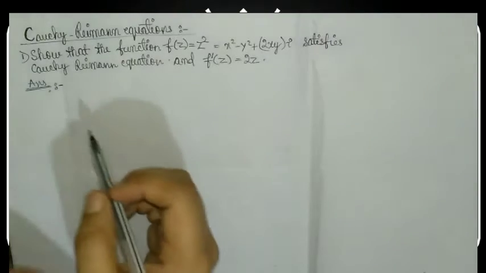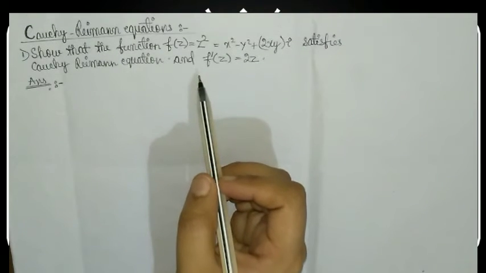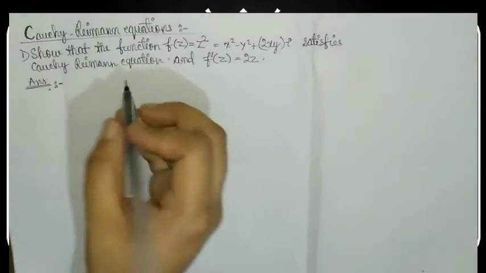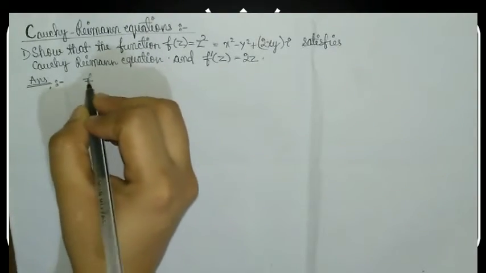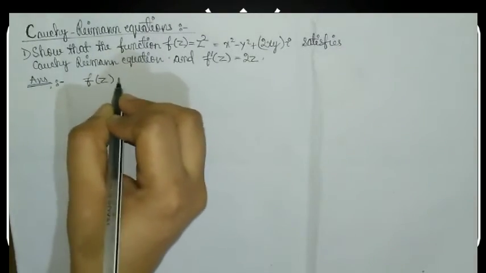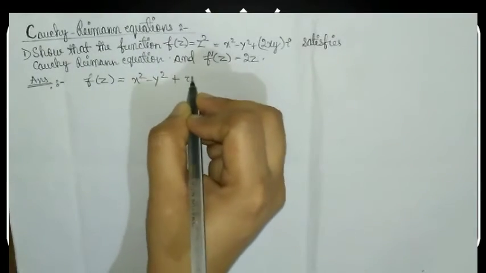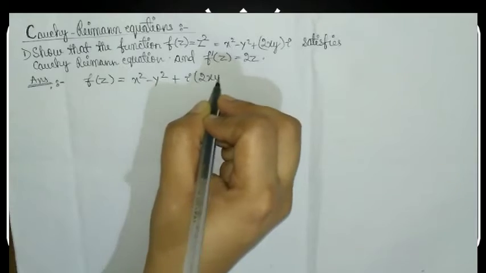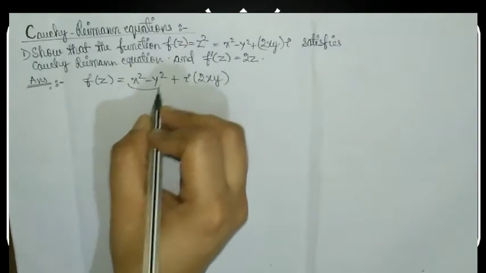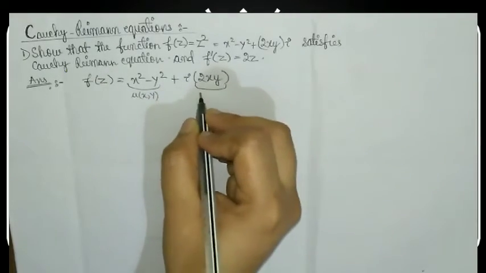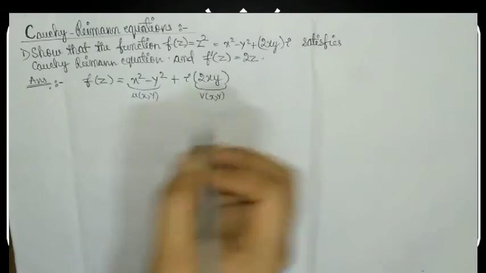Now let us see this question where we are asked whether this function satisfies the Cauchy Riemann equations or not. So here f(z) = x² - y² + i·2xy. Alright, so this is u(x,y) and this one is v(x,y). Fine. Now we will find